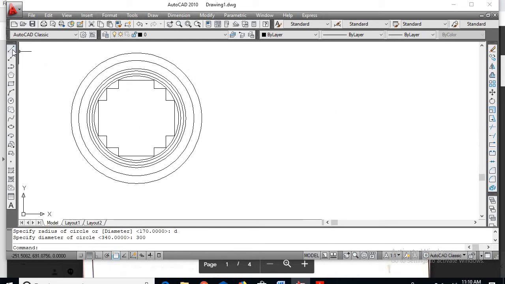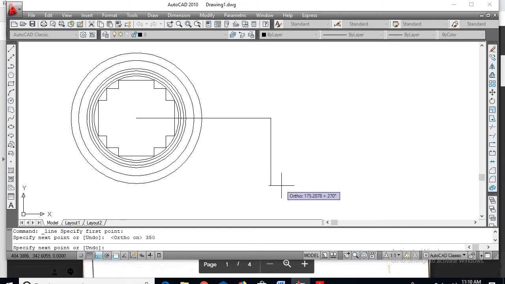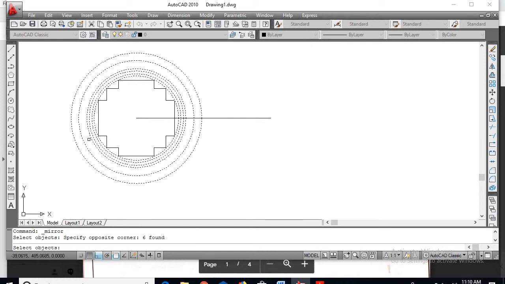So now the distance from center to center is 350 mm. So type 350, enter. Come out of the command, go for mirror. So select the whole diagram.